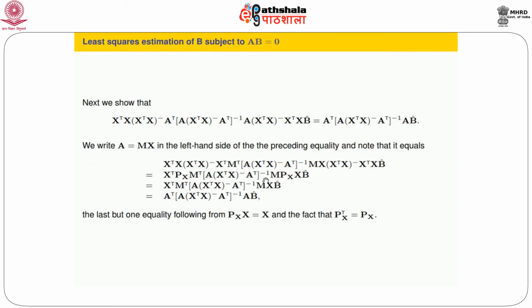What is the next goal is to have at least an expression for B hat. We have been able to have an expression for X B hat. We saw B hat is another thing. That's what we need. We need at least one. We know that this is not going to be unique because X is no longer a full column rank. But anyway, you can have an expression for that.